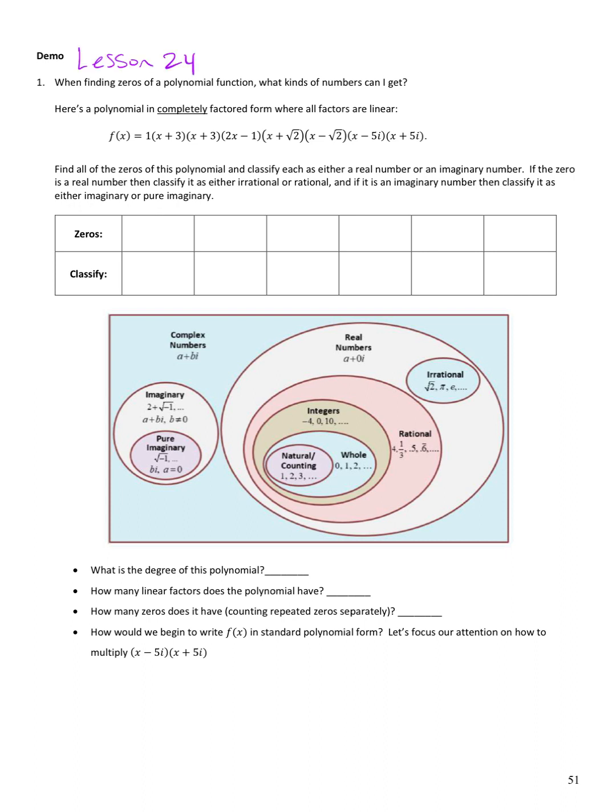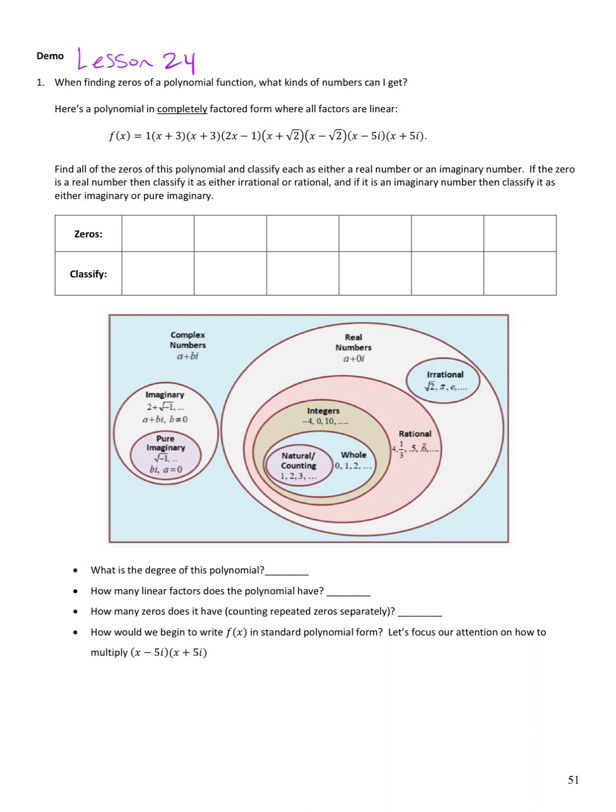When finding zeros of a polynomial function, what kind of numbers can I get? Well, here's a polynomial written in completely factored form where all the factors are linear. So I've got a leading coefficient of 1, and then I have x plus 3, 2x minus 1, x plus root 2, x minus root 2, x minus 5i, and x plus 5i. So I want to find all the zeros of this polynomial and then classify them as real or imaginary. And then if it's real, rational or irrational. And if it's imaginary